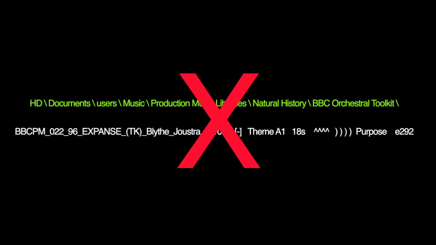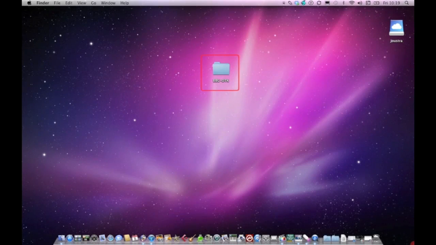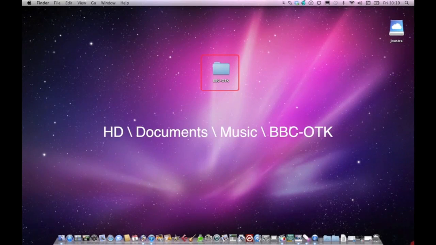However, some operating system versions will only display a maximum of 256 characters in their file titles, including the folder path, so it's very important that you don't place the toolkit at the end of a long chain of subfolders. If you exceed this 256 character limit, the file names may be truncated and look like this, and the toolkit will be impossible to use. So we recommend that you place it on your desktop or in a folder path that contains less than 30